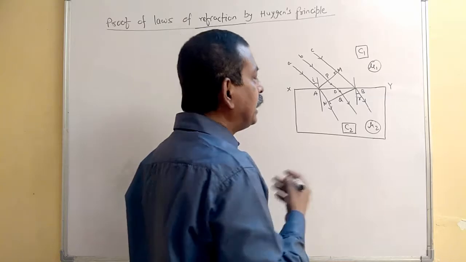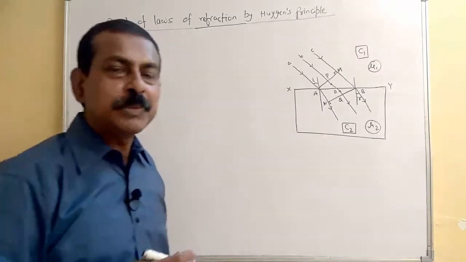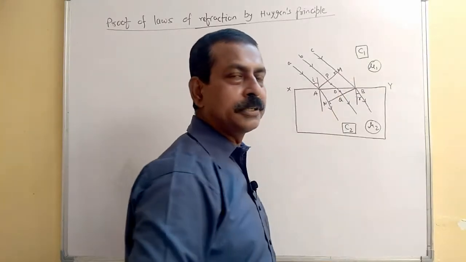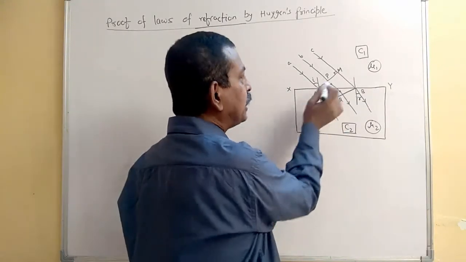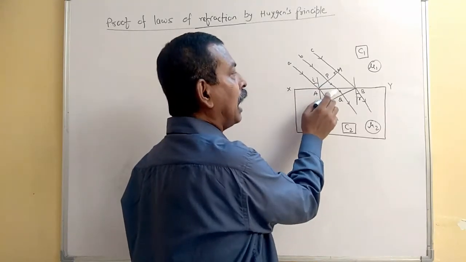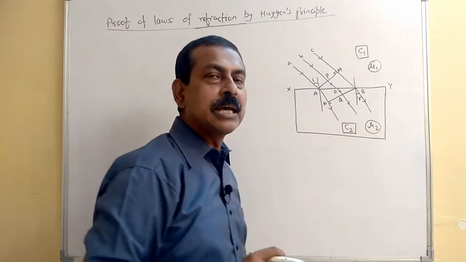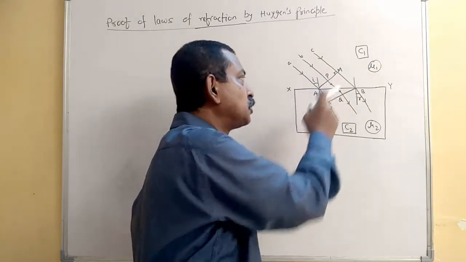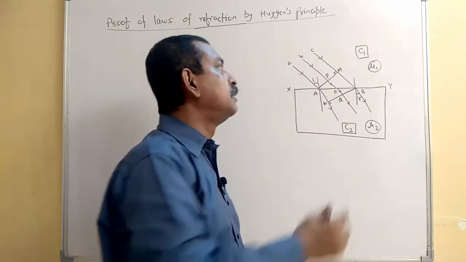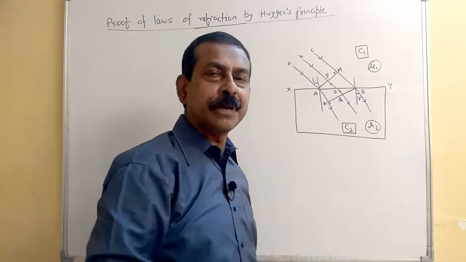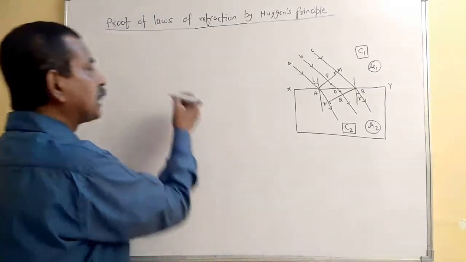So again we'll take the time taken by the wave to move from the incident wavefront to the refracted wavefront. For that we'll take a typical ray, say P to O and O to Q distance, and see how much time it has taken to pass through this particular distance. P is a point on the incident wavefront, Q is a point on the refracted wavefront. So the time taken by the wave